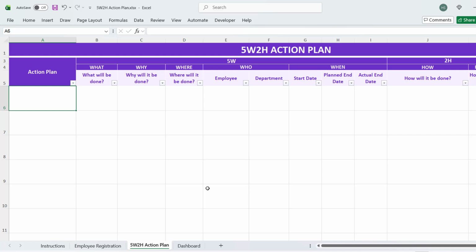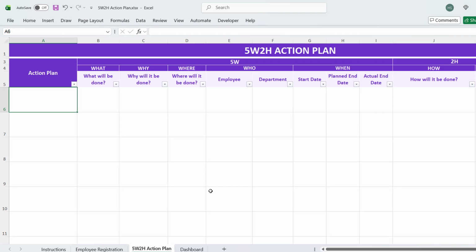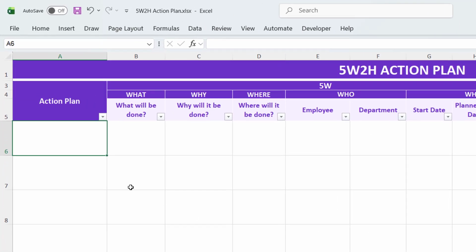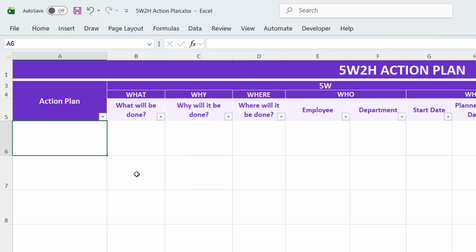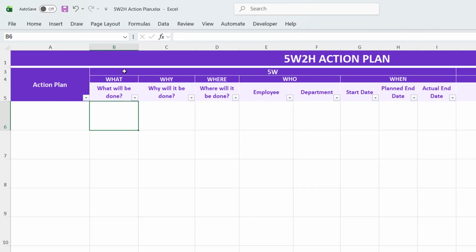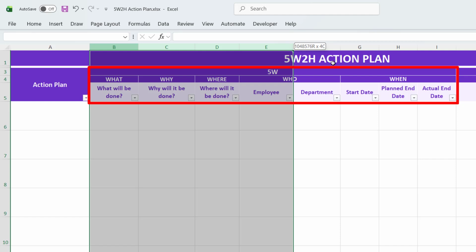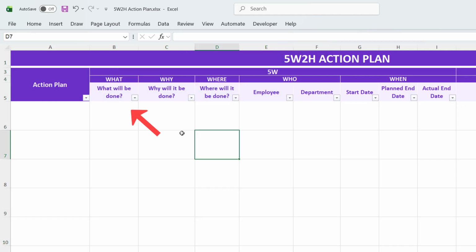Before demonstrating how to fill out the spreadsheet, in the first column you have the action plan field. Here you should describe what action plan you are creating. For example, sell online, training employees, collect customer feedback, and so on. And then notice that the next columns represent the 5W, which means in the what column you should describe what